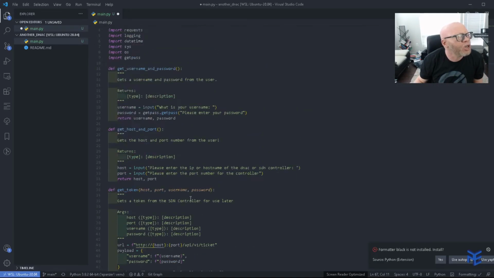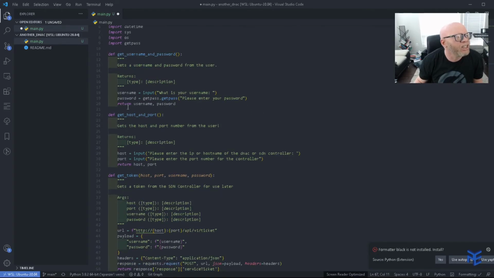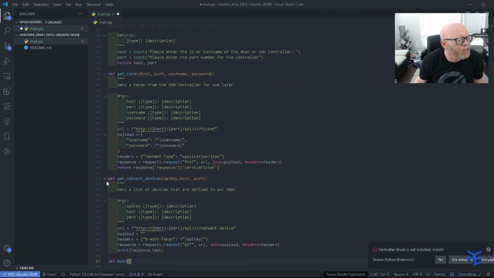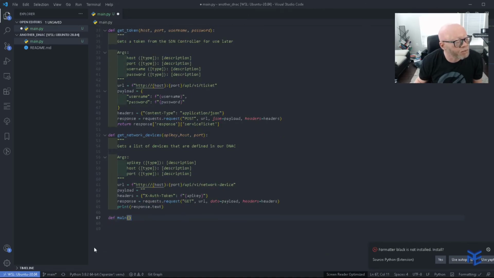So first we got the username and password, then we got the host and the port, then we got a token, which is what we want to use, and then we get the network devices, which is ultimately what we want to end up with. So we have defined main,